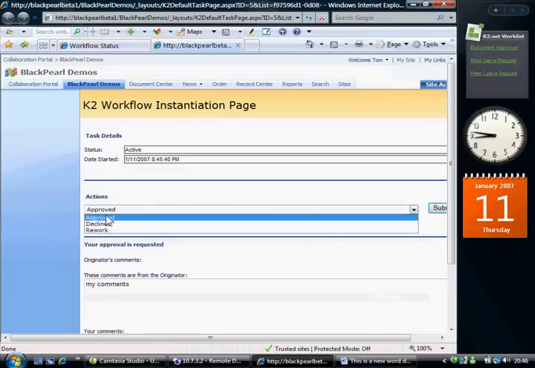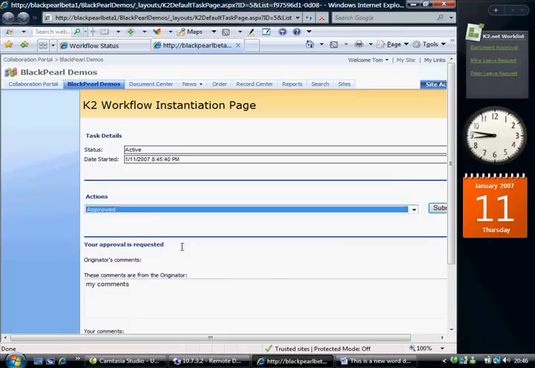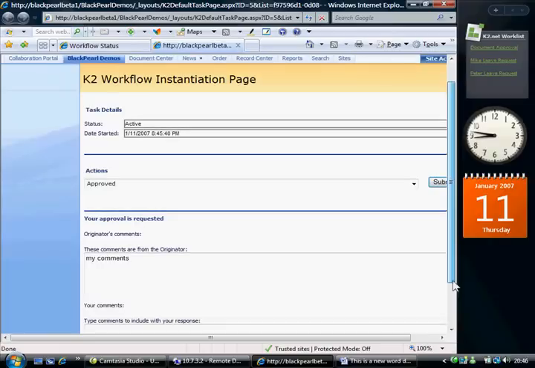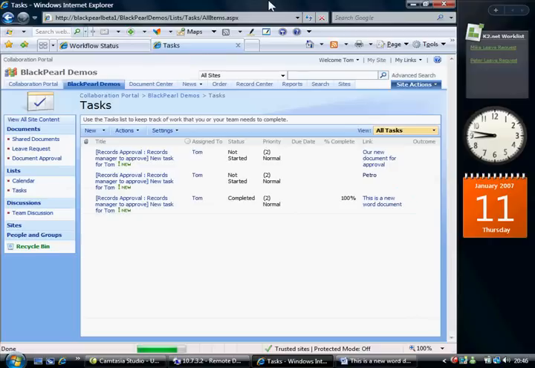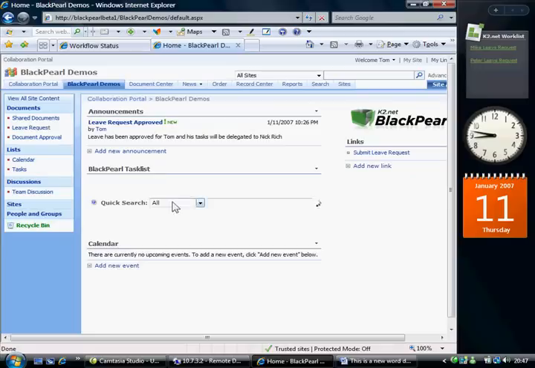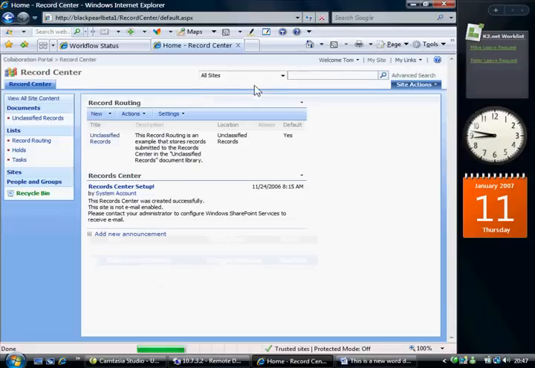What they've got is a list of actions: approve, reject, or rework, and we'll just let them approve that for now. I can add some more comments inside there. We'll just submit that off. You should then see our task disappear. And if I go back into our SharePoint environment, what we've then done is update and move that document into a record. So I go into my unclassified records,